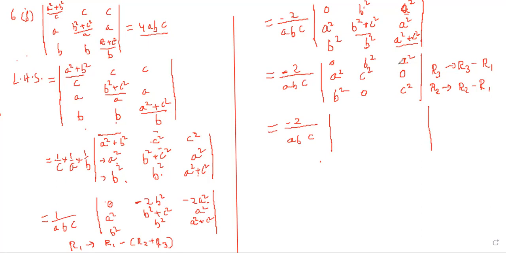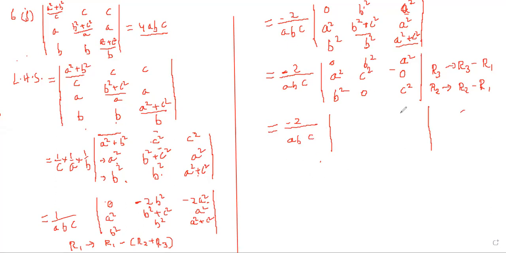And multiply the third column a square, 0, c square with b square, it becomes a square b square, 0 and b square c square. So a square b square in the second column, a square b square in the third column of the first row. So we can take a square b square common from it. So it will give 1 and 1 in the first row as the remaining two elements. So we will perform it now.